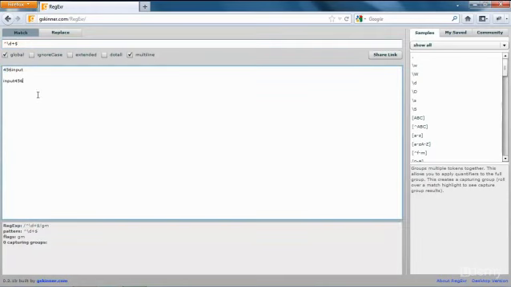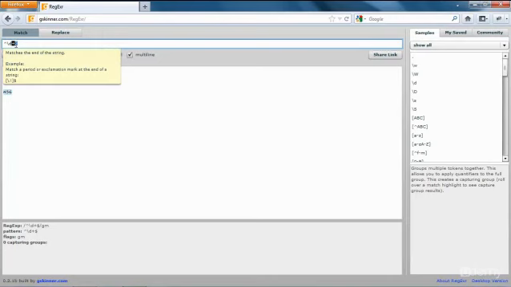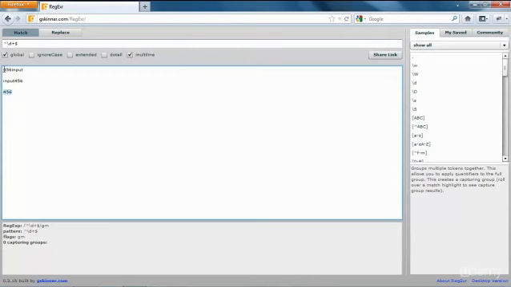So let's take a quick look at what this means. We look for the beginning of a string, which is right here, but it's also right here. Then we look for any digit character, and we keep searching for that. We keep matching digit characters. That's what the plus sign means, but I'm going to go more in depth on that in the next video. And then we're going to match the end of the line. So here we see the beginning of a string. We have that. We have a digit character, we have another digit character,